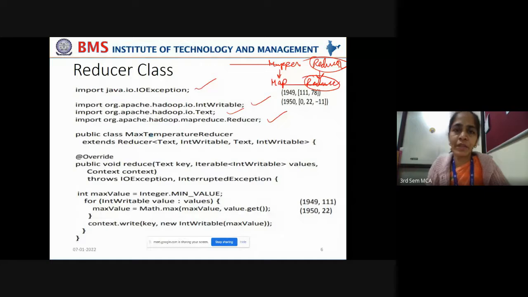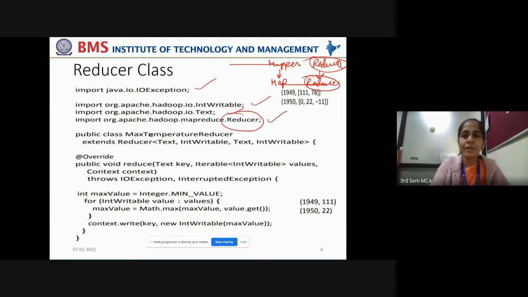Got it? What I'm trying to tell is, in the mapper class, you have a map function which is overridden according to your purpose. In the same way, you have a reduce method in the Reducer superclass which you extend and override in your subclass. You are taking the Reducer class which exists in the org.apache.hadoop.mapreduce package.